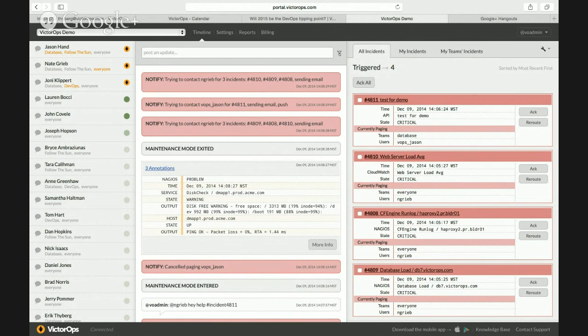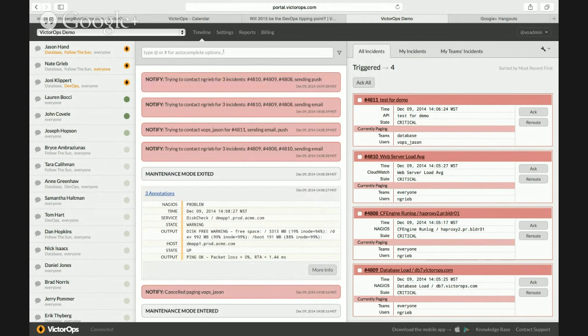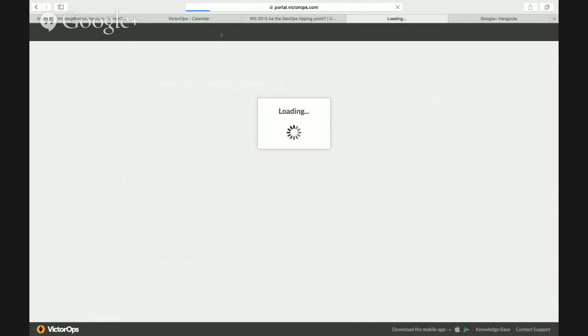So before we move on to the web UI here, or into the scheduling, once you get your schedules and integrations set up, which we're going to be talking about next, this is really where you spend 99% of your time interfacing with the VictorOps platform. This same look and feel translates over to the iOS and Android device. It's just a lot easier for us to go through the administrative features that are only available in the web UI. So that said, I'm going to go into the settings tab, and we're going to go into our scheduling